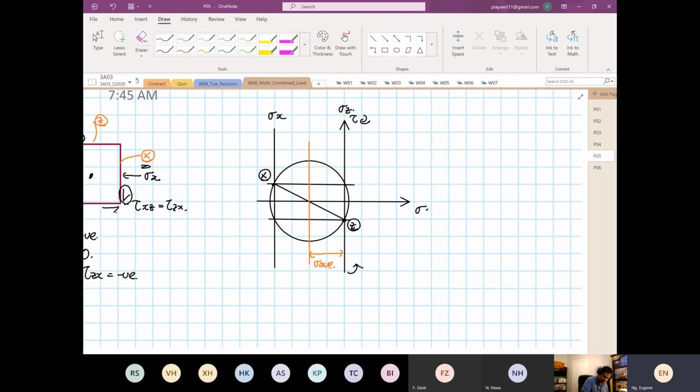So stress average, based on a Mohr circle, is equal to stress X plus stress Z, and then the whole thing divided by 2. Okay. So we know that stress Z is equal to 0. So this is equal to stress X over 2. And then we are going to let this equal to stress M divided by 2. Okay. Where stress M